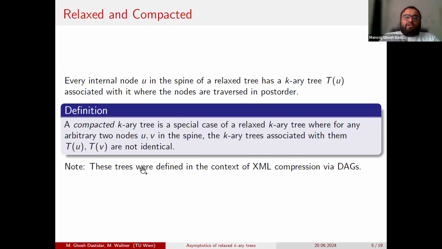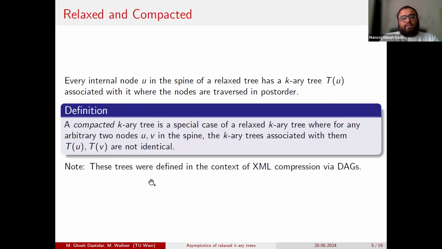So every internal node in the spine of a relaxed tree is associated to a k-ary tree, T_U, where the nodes are traversed in post order. So if U is the leftmost leaf, we have T_U equal to U. Otherwise, U has k children, U1, U2, and so on, Uk. So how do we get a compacted tree?